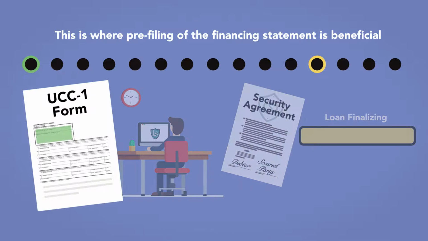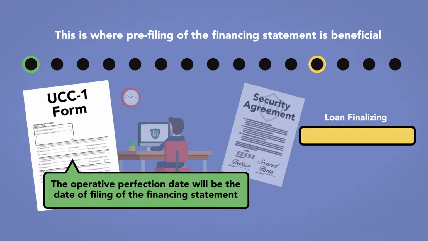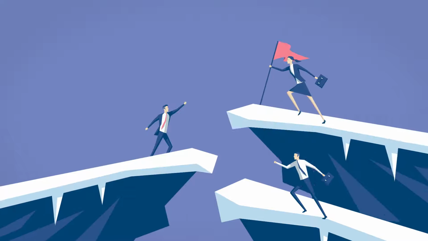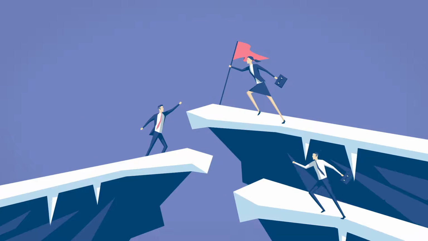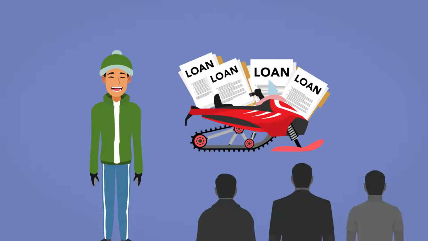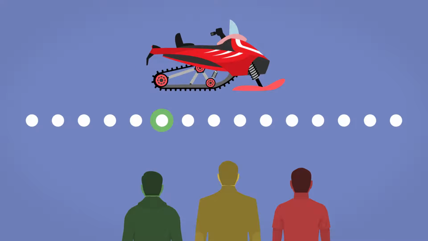Still, if she proactively files the financing statement early, usually during the loan underwriting process, the operative perfection date will be the date of filing of the financing statement, well in advance of loan closing and the actual attachment. The public policy justification for allowing a secured party to stake out her place in line early like this is that advance notice of a lending and security relationship helps to prevent debtors from fraudulently taking out multiple loans secured by the same collateral at the same time, compromising the interests of the affected lenders. If prospective lenders search and file early, it creates a better sequencing of notice, which is what priority is all about.